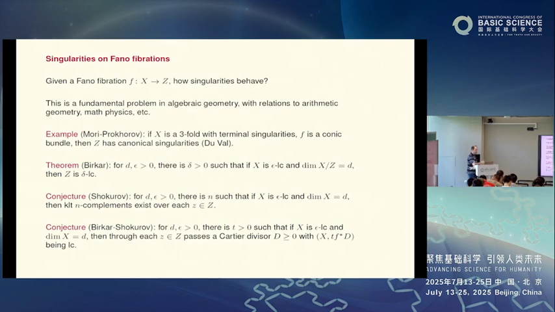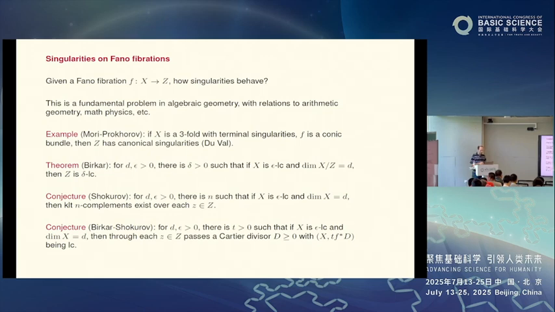And indeed, even when you are interested in the Fano case, proofs often involve other kinds of spaces which are not Fano. It can be, for example, general type. So this is a fundamental question in algebraic geometry, as well as in, for example, arithmetic geometry. If you look at elliptic curves and then take models of elliptic curves, then the singularities of the special fibers are very important to understand the number theory of an elliptic curve defined over a number field.